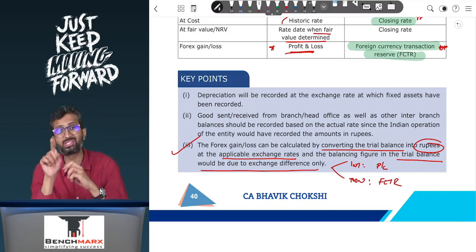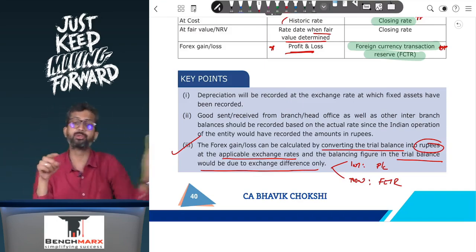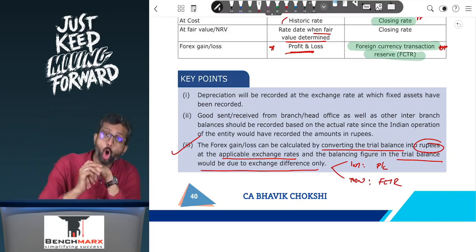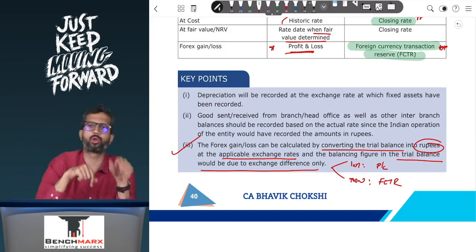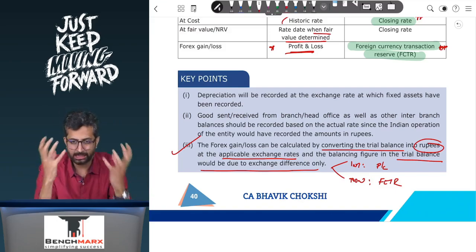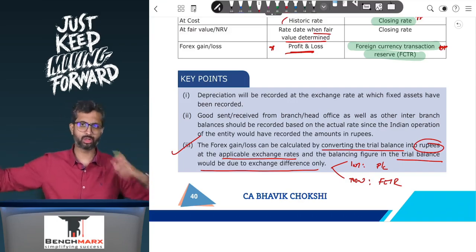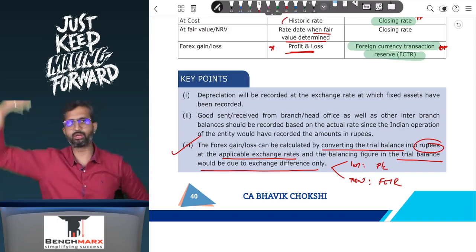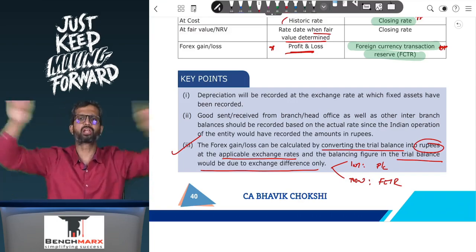So basically, if it is goods sent in one of the books, let's say HO is sending, there must be goods received in branch books, or if it is a payable to the head office in the branch's books, there may be a receivable from the branch in the head office's books, and hence there would be intergroup transactions. Now in one of the trial balances it will be recorded in rupees, in another trial balance it will be recorded in dollars, but ultimately once they are converted into the same currency,